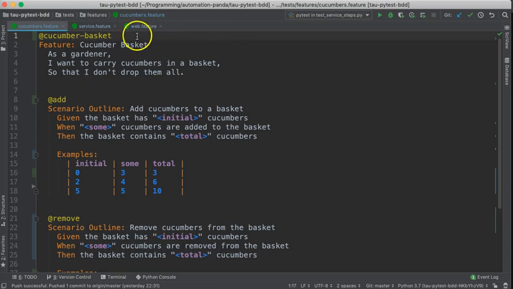The format of a tag is fairly basic. It's prefixed by an @ symbol, and then it's a bunch of alphanumeric or dashes or underscore characters. The key thing is that it is an identifier, that it is one token. A scenario or a feature can have an unlimited number of tags, and tags can be reused by different features